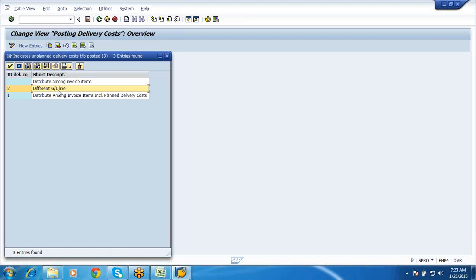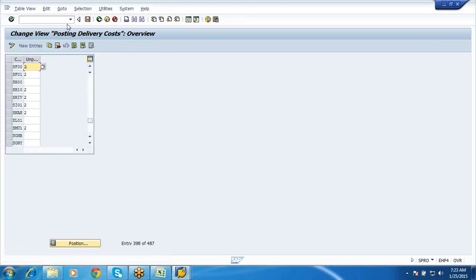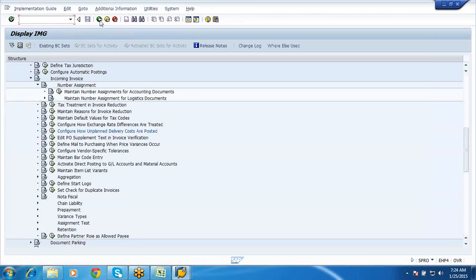Now in my company code it is a different GL line, meaning the unplanned deliveries should get settled in different general ledgers. It's not the same general ledger where you would be settling your planned cost and the other costs. This is the place where you can give it.